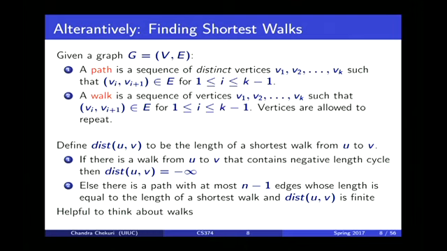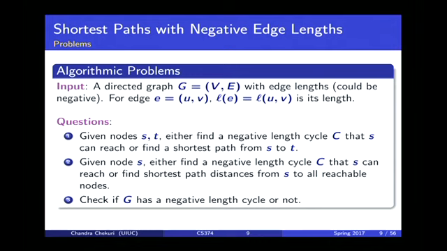So we want to do the following. I give you a graph whose edge lengths can be negative or non-negative, and S and T, and our algorithmic goal is either to say that because there is a negative length cycle that S can reach and go to T, the distance is minus infinity,